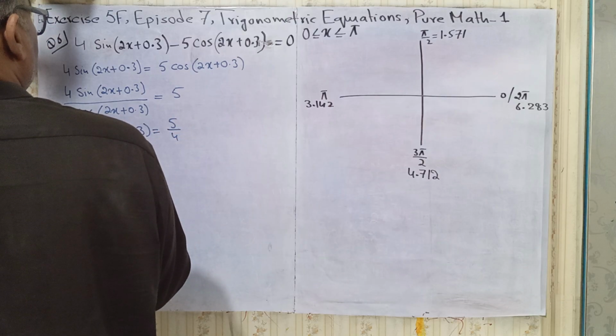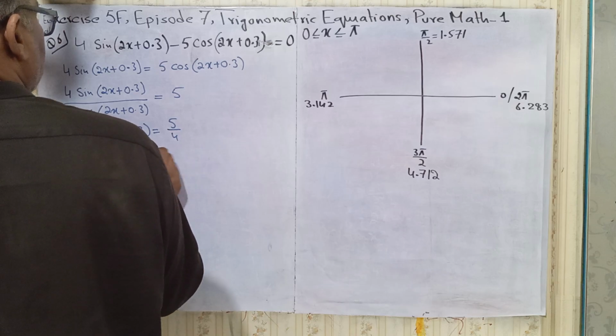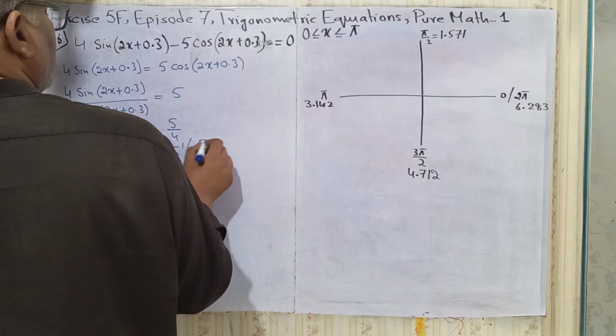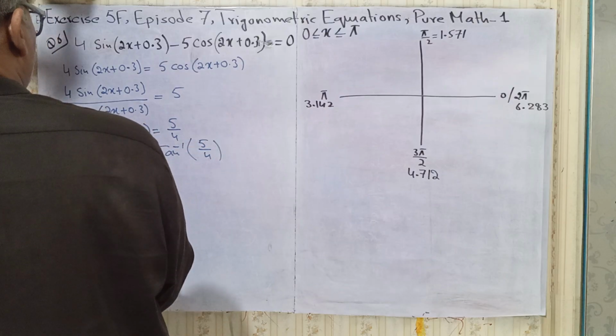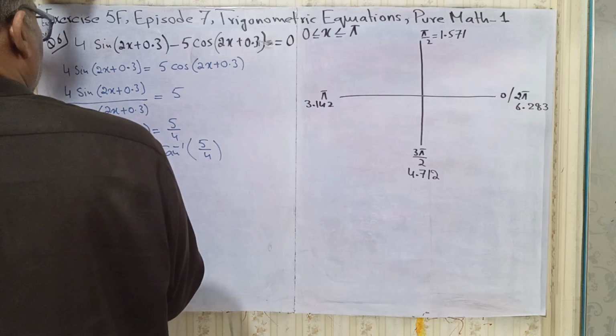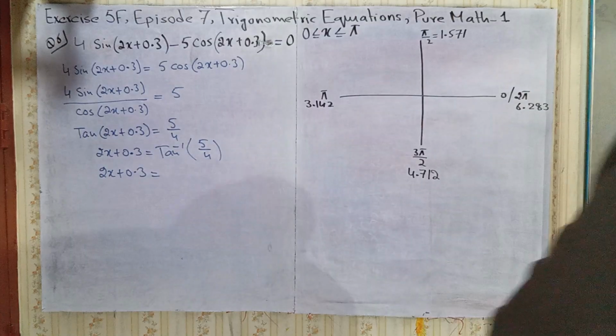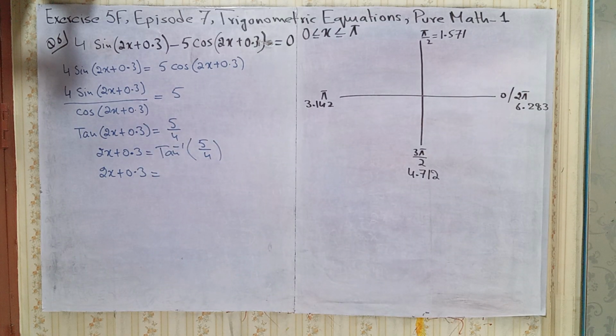So 2x + 0.3 is equal to the tan inverse of 5 by 4. Your calculator must be set in radians, because here the angles are in radians. So shift tan, bracket 5 divided by 4, bracket close, equals,